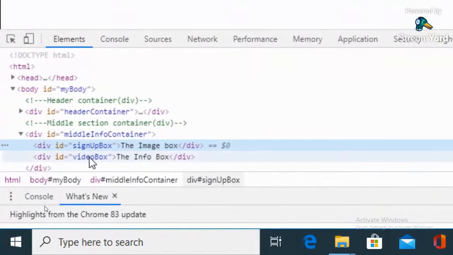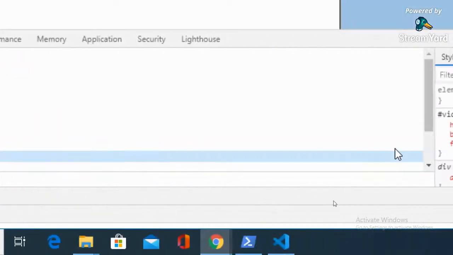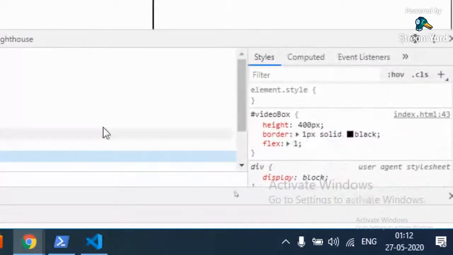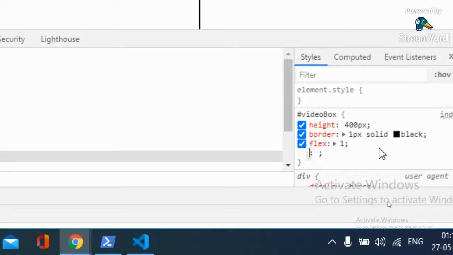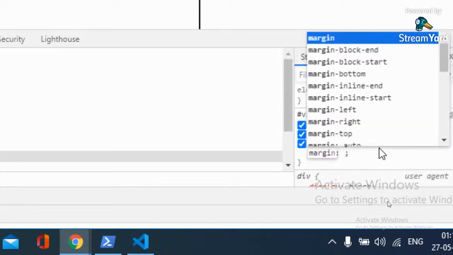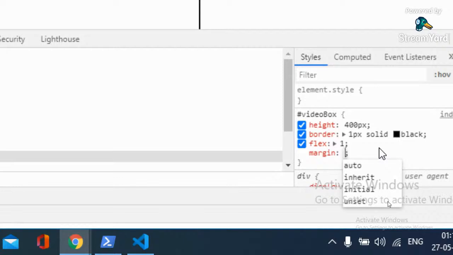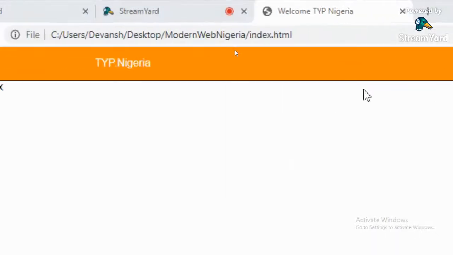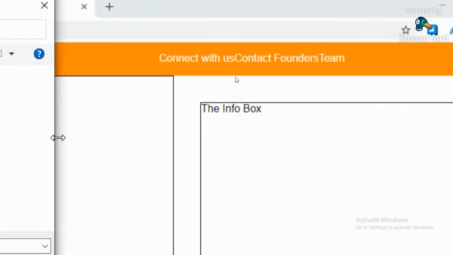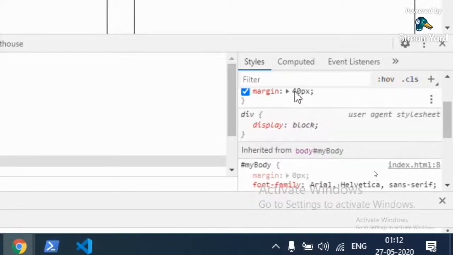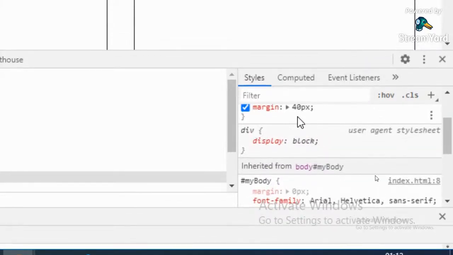Yeah, so you have your sign up box and the style over here, and for your video box the style is over here. So to avoid such kinds of problems, first edit some styles. Let's apply, let's say, margin. Let me apply 40 px. Let's see what happens. Okay, so now you will see that your box has taken a margin of 40 from all sides, right? Similarly, you can reduce this margin to,